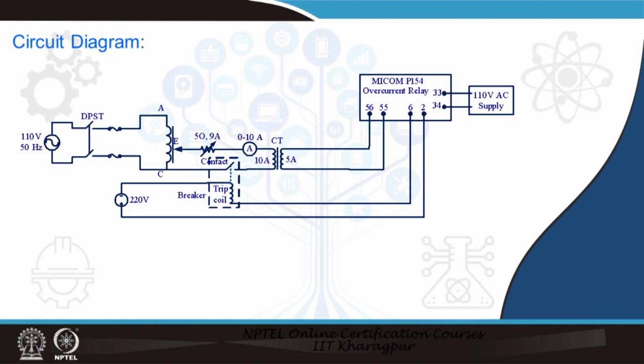And in this case we have set an IDMT characteristic. So, therefore, it follows that characteristic curve, and when the current becomes higher, the time of decision becomes smaller, and that is what we would like to notice from our set of observations in the experimentation. So, this faulted circuit is an emulation of the faulted circuit path.